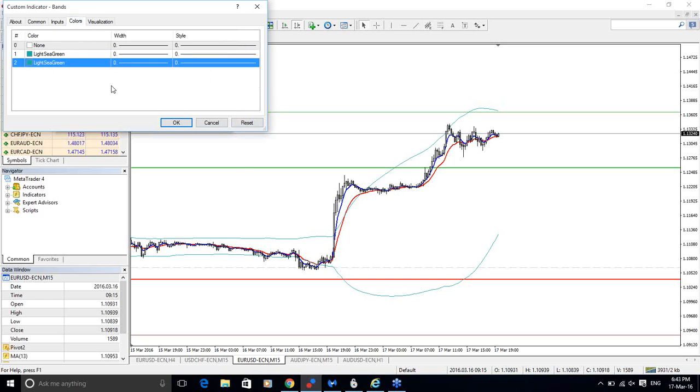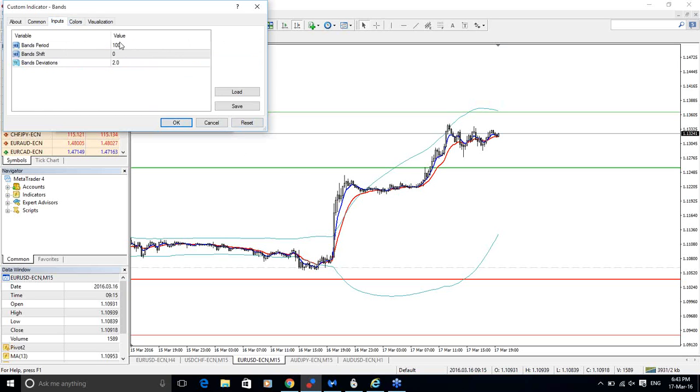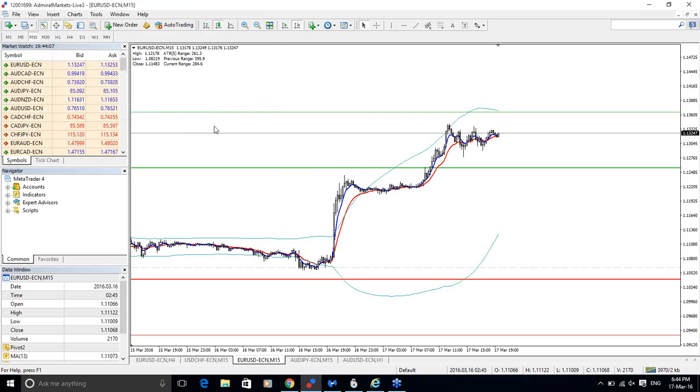So if you want to have a band indicator, you can Google for it. It's free, but if you cannot find it, of course, you can send an email to me and I will send it back. You just place none at the first point here, and your Bollinger Band will have no middle line. And at the input tab, you just enter 100, so your Bollinger Band will have a 100 period moving average.